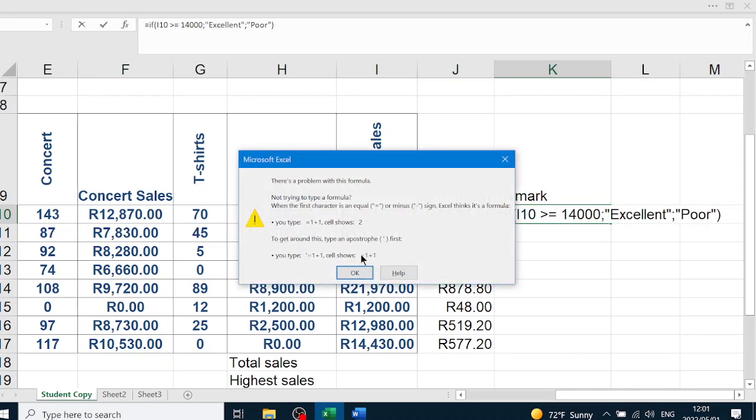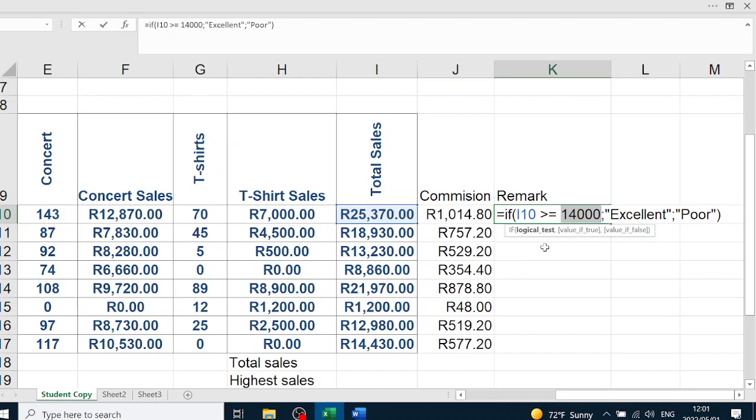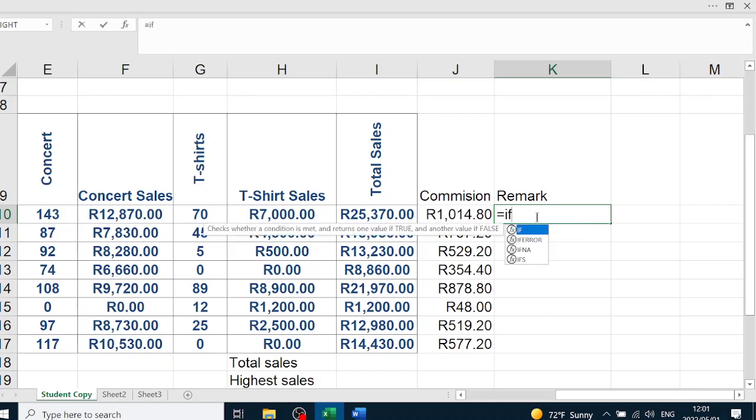See if that works. Try it again. Equal IF, open brackets, if that is greater than 14000,